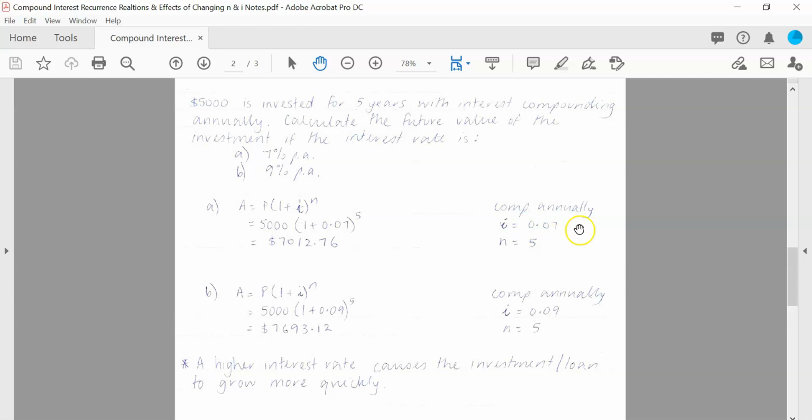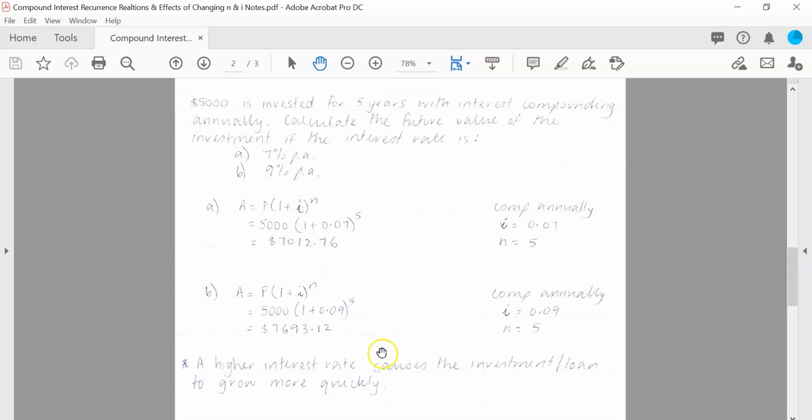So if the interest rate is 7%, we've got it compounding annually, therefore the interest rate per compounding period as a decimal becomes 0.07. And to get from that 7% to 0.07, all we've done is divided by 100. And N, the number of compounding periods, this is happening for 5 years, once a year because it's compounding annually, so our N value is going to be 5. We've put our initial value or principal of 5,000 plus our I and N values in here to get a future value of